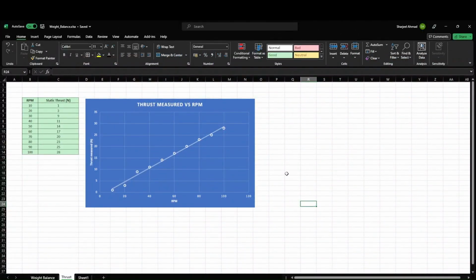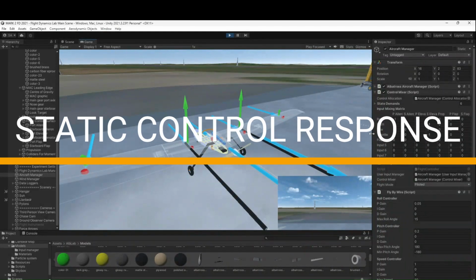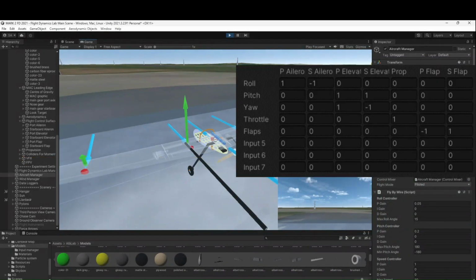Recording such data for multiple RPMs allows us to plot the static thrust per RPM. This gives the controller an idea of the static thrust, which varies at different points from this calibration. In the static control response, some control surfaces needed to be reversed. After correctly configuring the input matrix, as shown here, the correct control surface movements are as follows: flaps down,